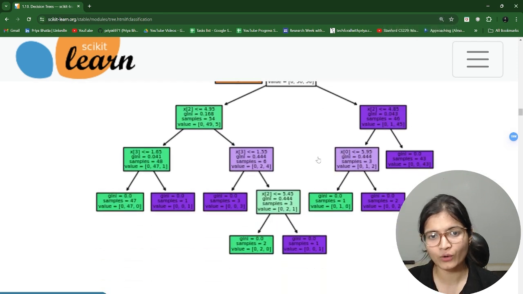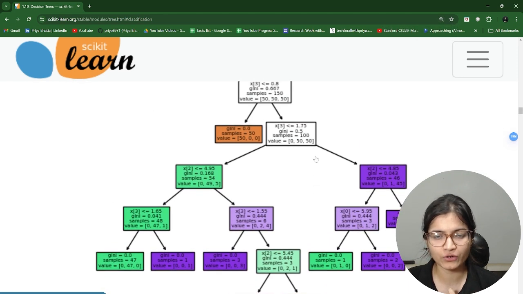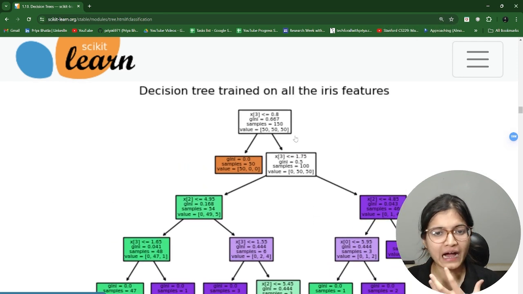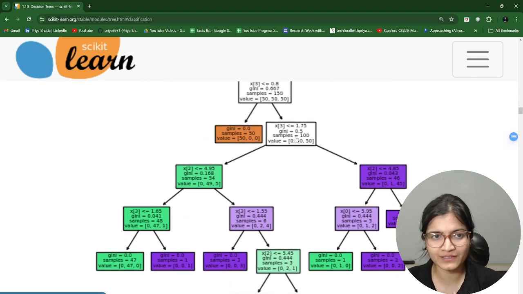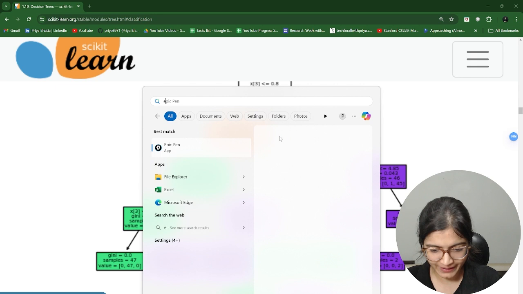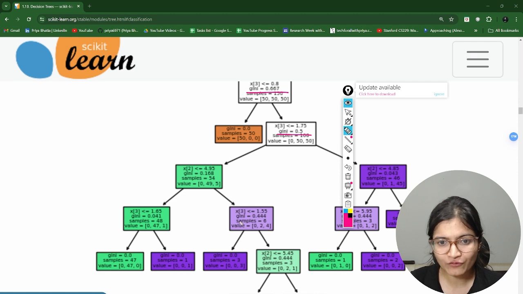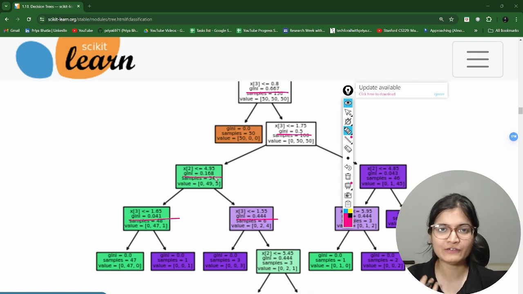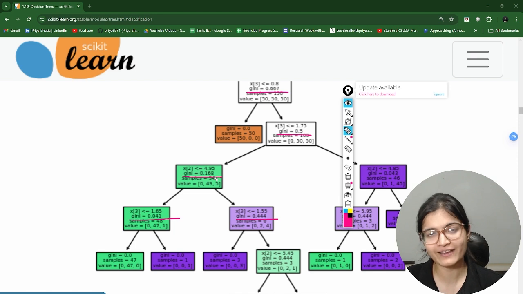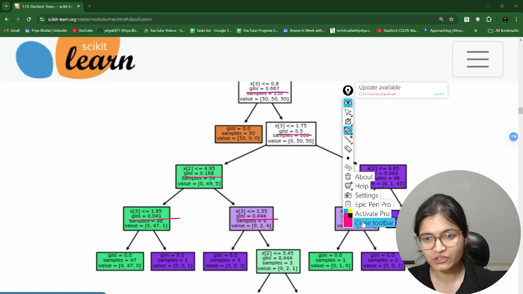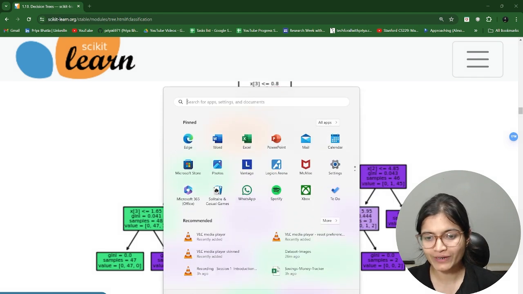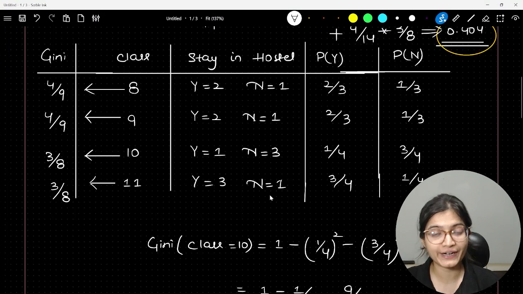So here, if I'll just try to show you, can you see this tree? I'll try in the upcoming sessions to go through how creation will happen. But in this documentation, you can clearly refer that, if I'll just open my Epic Pen and try to showcase what I'm trying to convey here, this is Gini, right? This is Gini. So by default, you will be able to observe that Gini is the parameter which will be there whenever you are trying to create any decision tree for any specific feature. But you can change it if you want. You can try to change it to entropy.